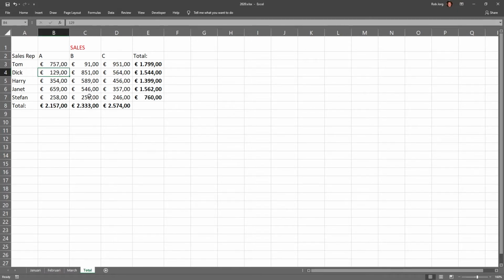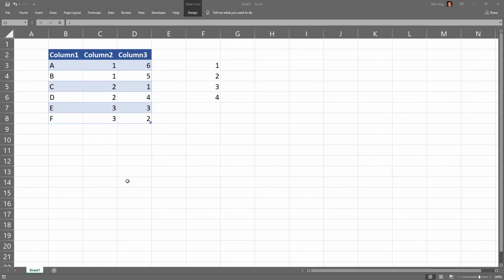And now when you go to total, you see it made a sum of January till March for B3. If you copy this down, you get all the totals from all the sheets from January to March. And that's 3D references. So now you've got all the sales figures from all the months combined on one sheet, the total sheet.